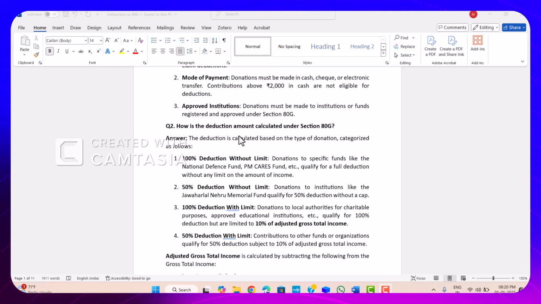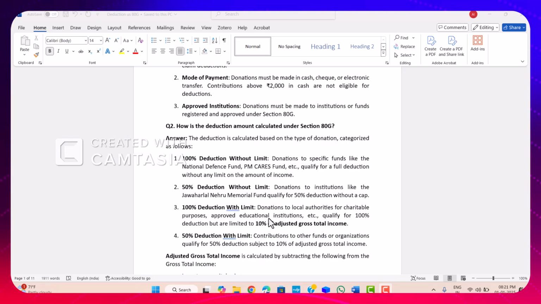Okay, how is the deduction amount calculated under section 80G? We have 100% and 50%. Now, deduction with a certain limit, in certain institutions: we have 100% deduction without limit and 50% deduction without limit, and also in the donation to the approved institution there we have 100%, and we have to make some adjustments like